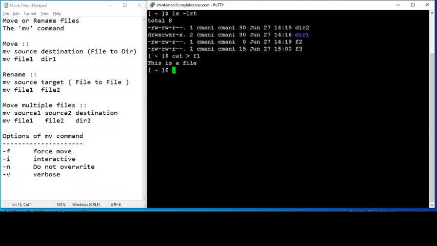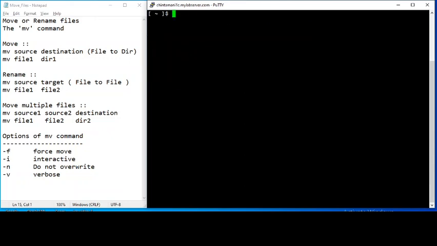So let's look at the simplest form of the mv command. We'll do ls. We'll say move f1 as f4, as simple as that. What it is doing is actually moving f1 to f4. The first argument will get moved to f4.